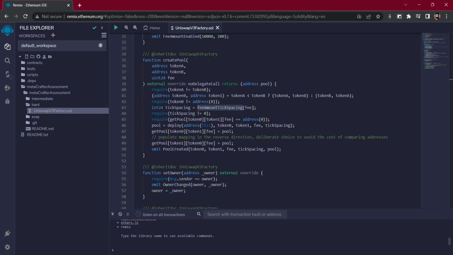Now as we are aware, or like I just told you, the contract will start by creating a pool. Creating a pool will take three parameters: token A, token B, and the fee associated with it. So the code